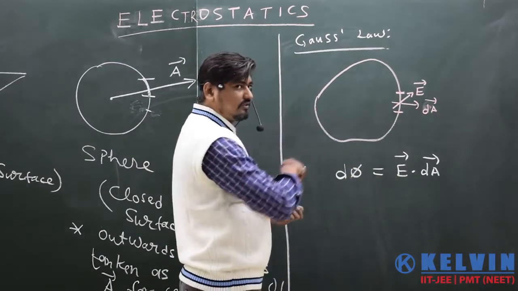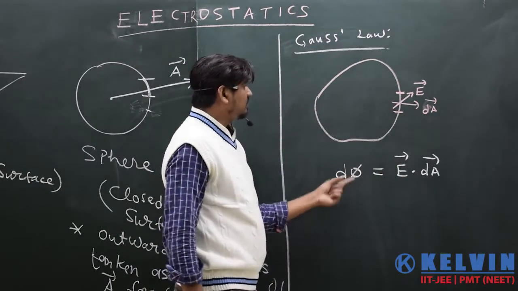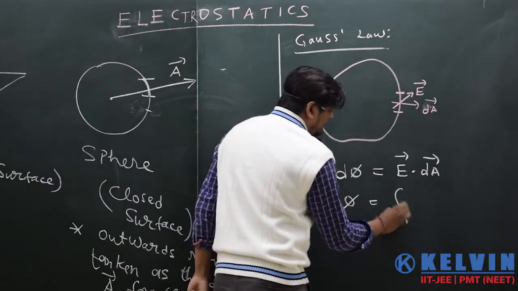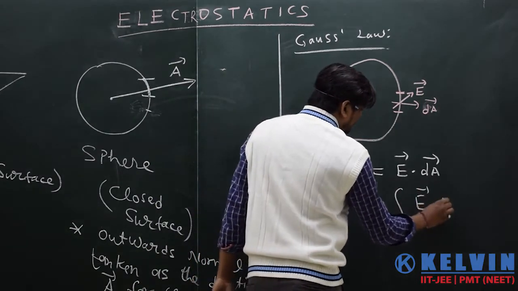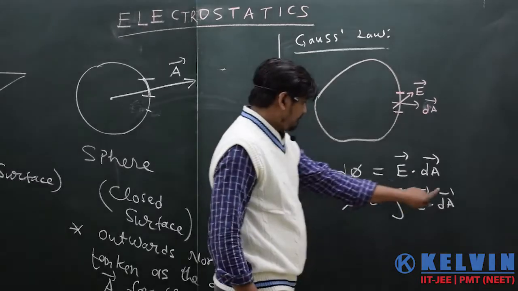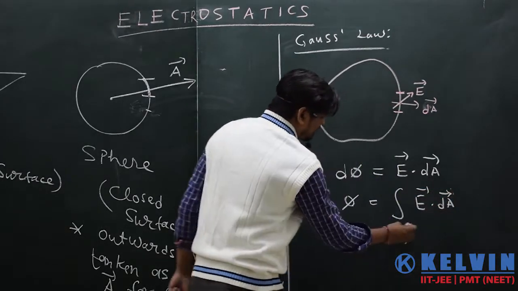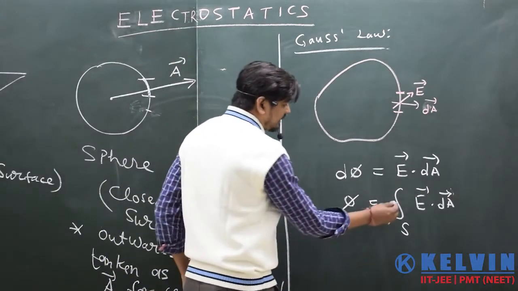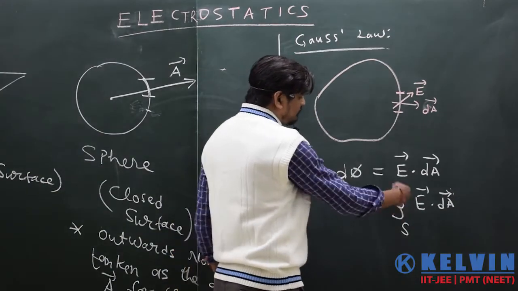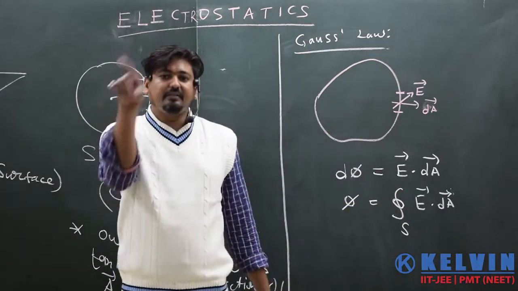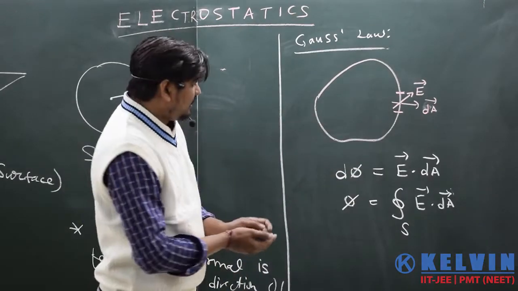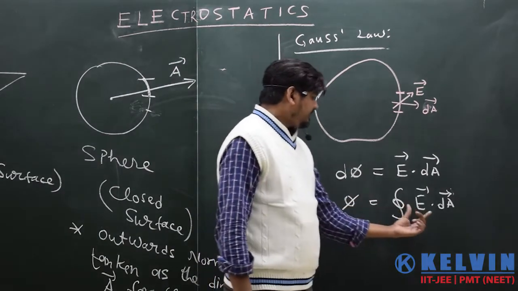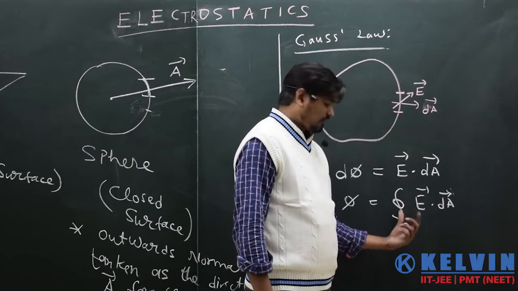Now this is a closed surface, so if I want to calculate the total flux associated here, the total flux will be the integration of E vector dot dA vector, and we have already understood this particular result over the surface. One additional point to take into consideration is this loop sign. The loop sign indicates that it is a round, closed surface, right? So for a closed surface, the total flux is written as the closed-surface integral of E vector dot dA vector.